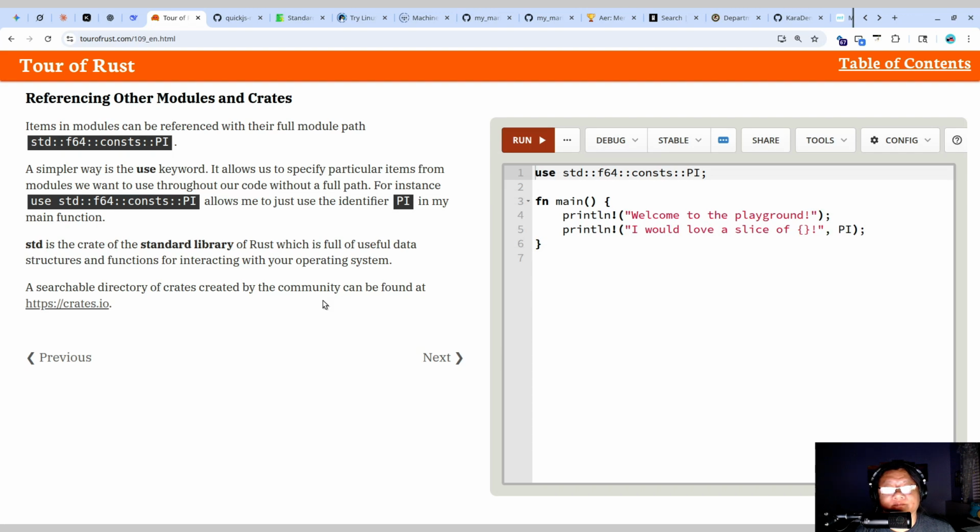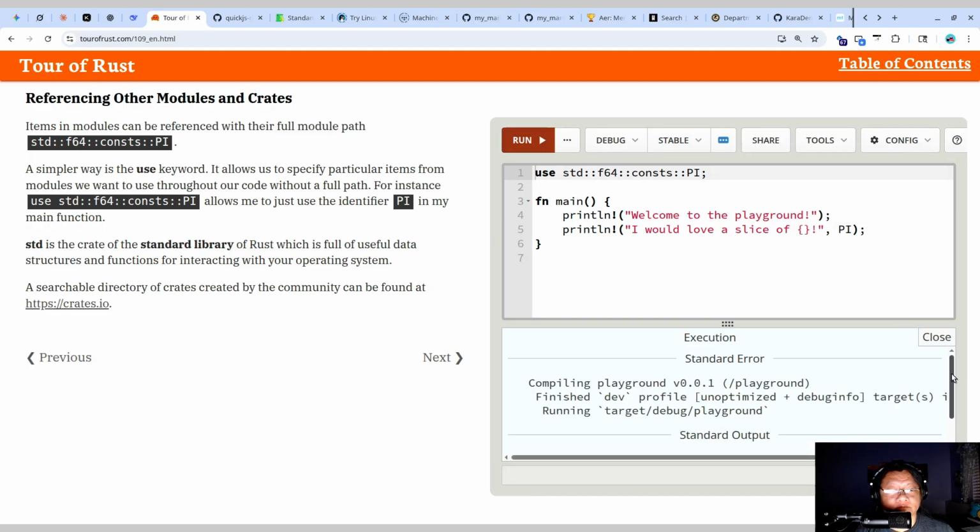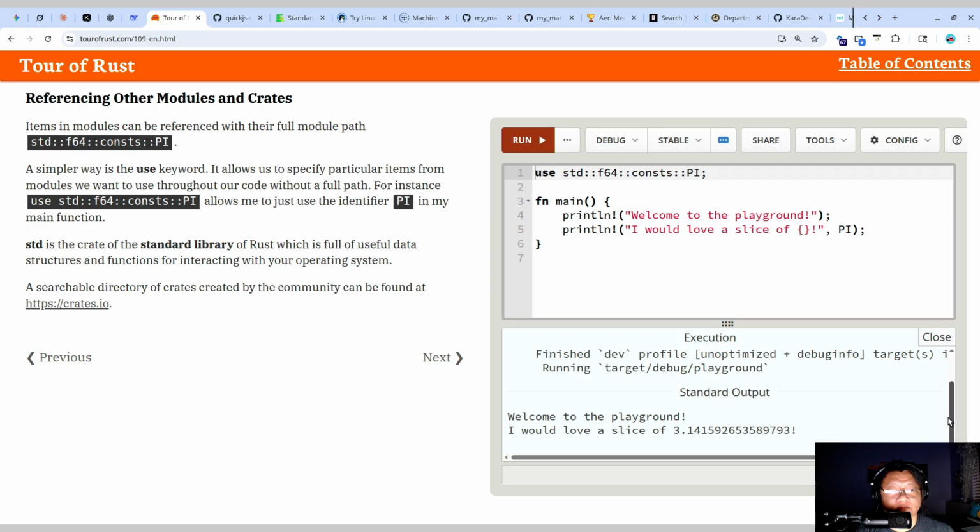A simpler way is the use keyword. It allows us to specify particular items from modules we want to use throughout our code without a full path. For instance, use std::f64::consts::PI allows me to just use the identifier pi in my main function. std is the crate of the standard library of Rust, which is full of useful data structures and functions for interacting with your operating system. A searchable directory of crates created by the community can be found at